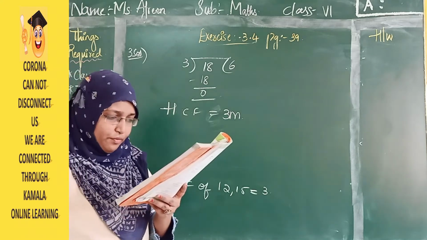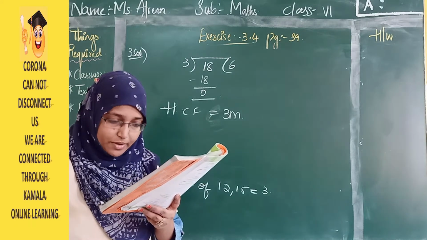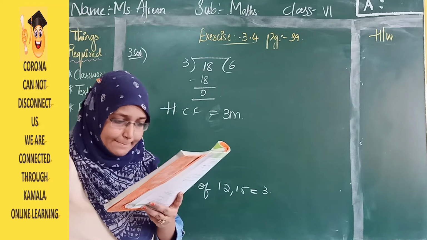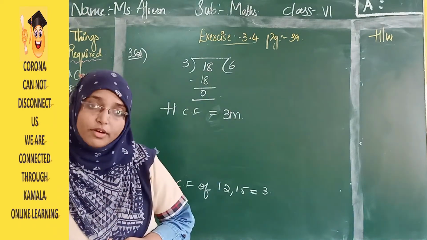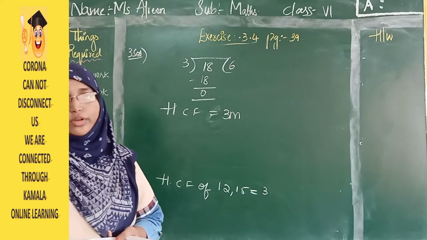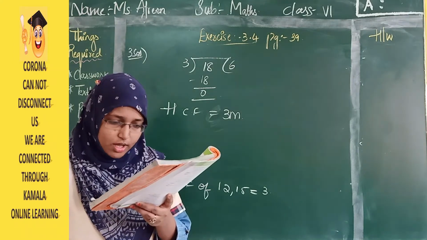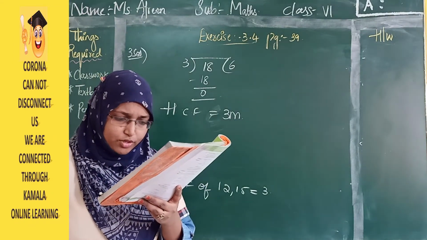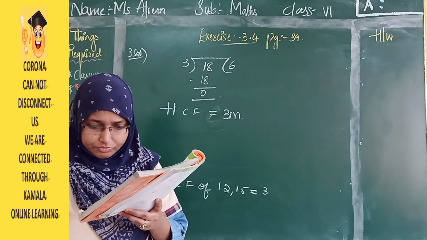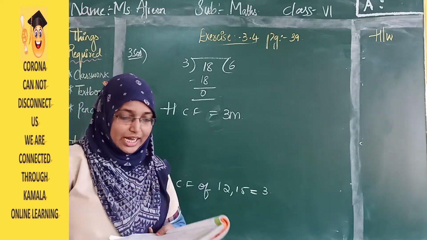Next, the HCF of co-prime numbers 4 and 15 is found as follows by factorization. What are co-prime numbers? Co-prime numbers have only 1 as the common factor. Then we call the two numbers co-primes. Here they have given the factors for 4 as 2 into 2, and 15 equals 3 into 5. Since there is no common prime factor, the HCF of 4 and 15 is 0. Is the answer correct? If not, what is the correct HCF?